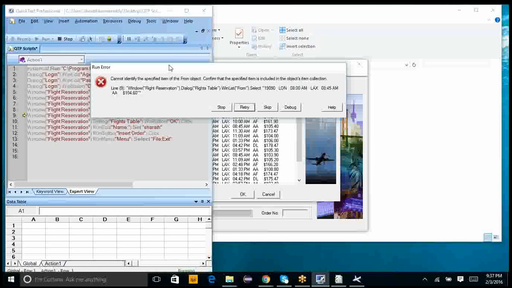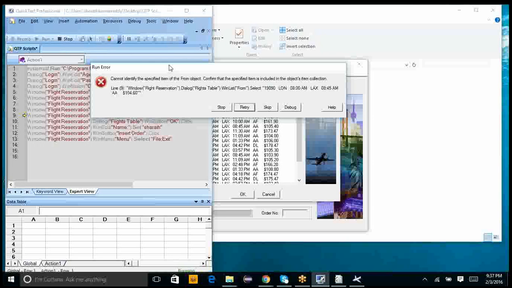So in your line number 9, it has specified that you have selected flight number 19090, which will travel from London to Las Vegas, in the morning flight. Okay, Los Angeles, sorry, Los Angeles in the morning flight. Correct.